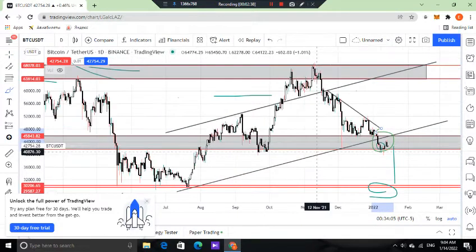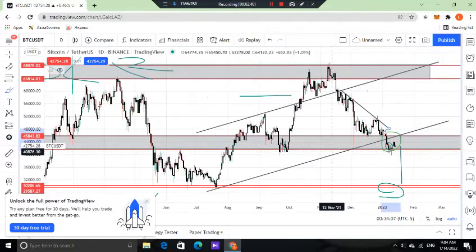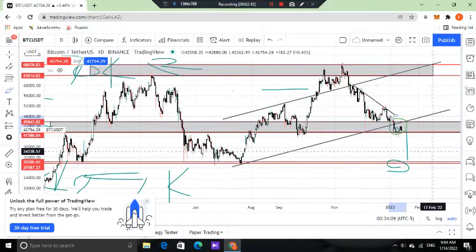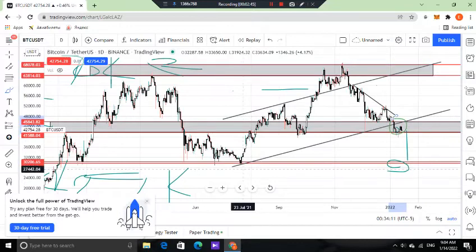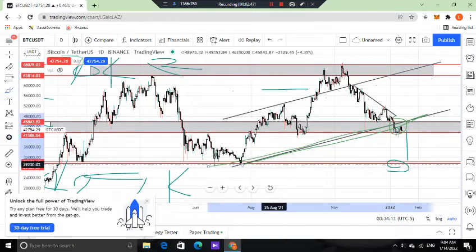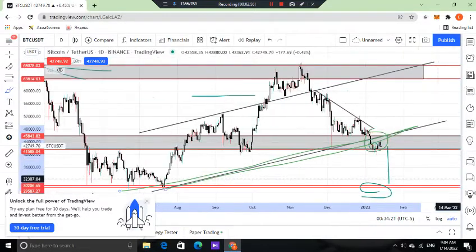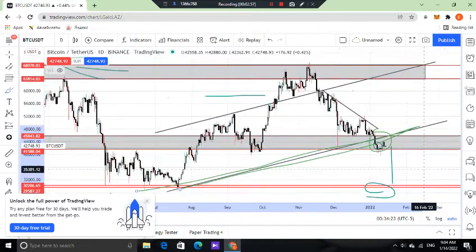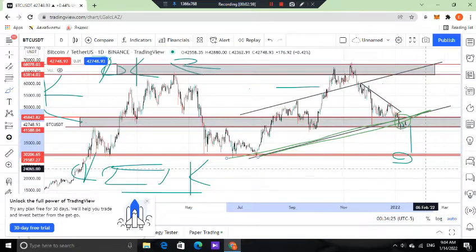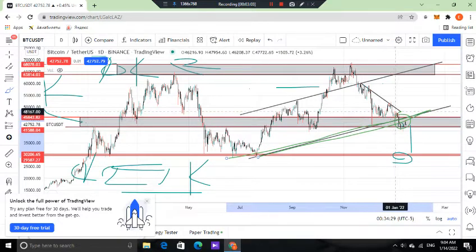Furthermore, it already broke this channel, if you want to call it a channel, and this would be a pullback if you consider this as a pullback. And after that, essentially after that,